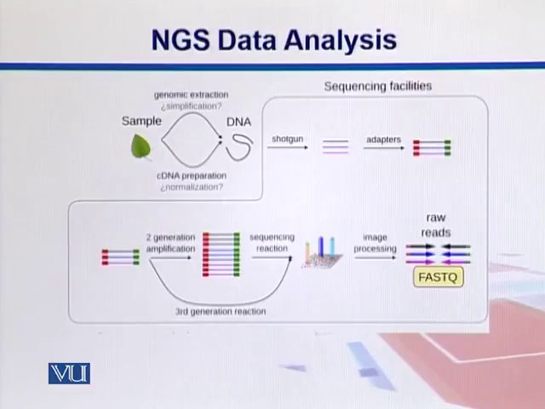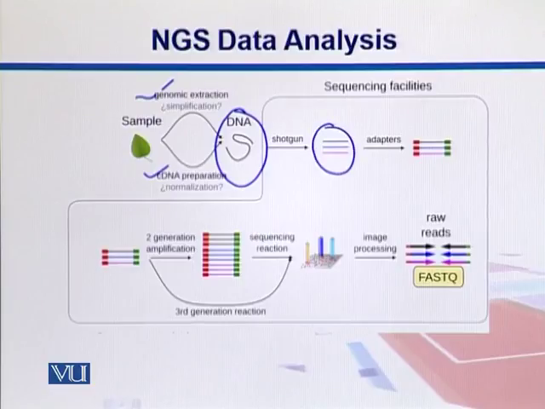So in this figure, we start from the beginning and give an overview of this data analysis. For instance, we come up with a sample and then we do some genomic extractions. We prepare cDNA libraries and now everything becomes DNA. After that, we do shotgun sequencing. So we break those segments into smaller fragments. We attach adapters. And now the libraries are ready to be put into different sequencing platforms where we can have